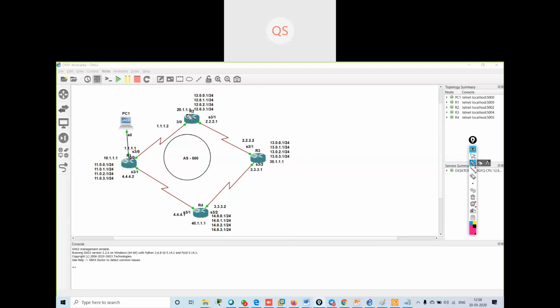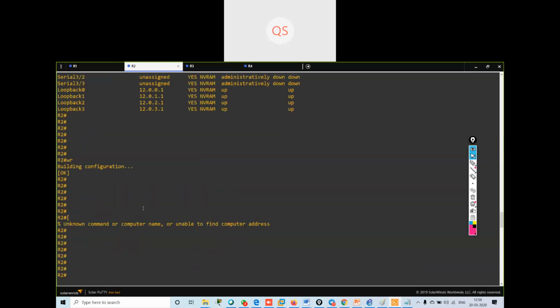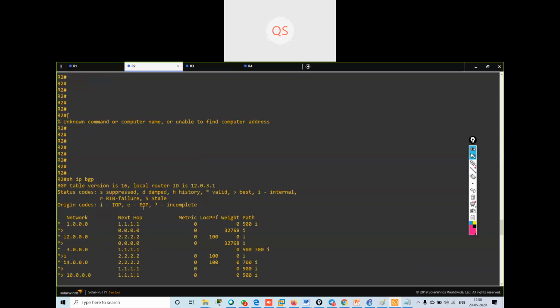Anything going out from the AS600 will go via this route. In the BGP table, my 3 dot network is reaching via 1.1.1.1.